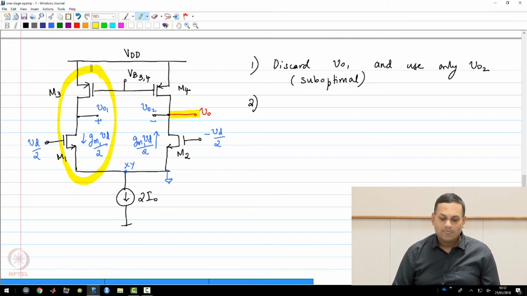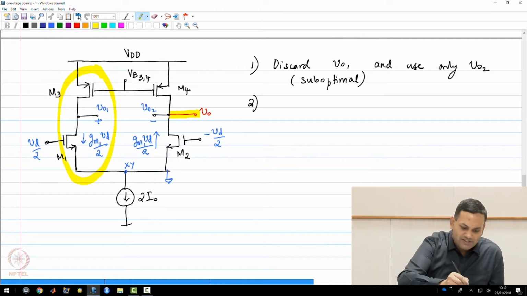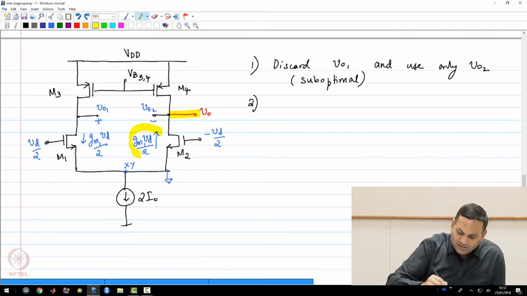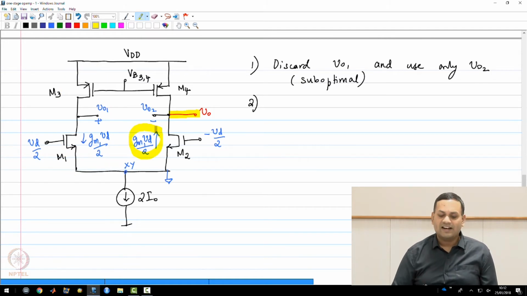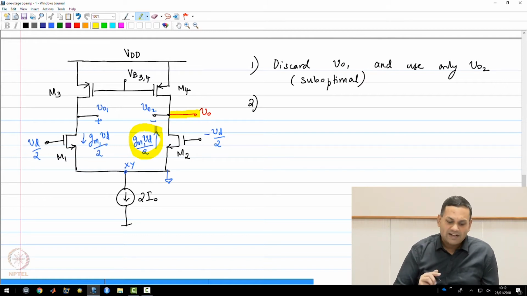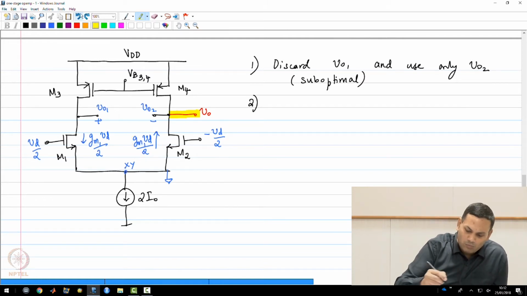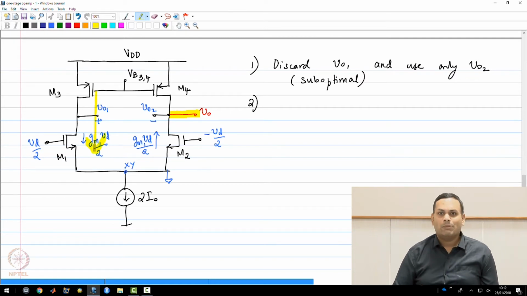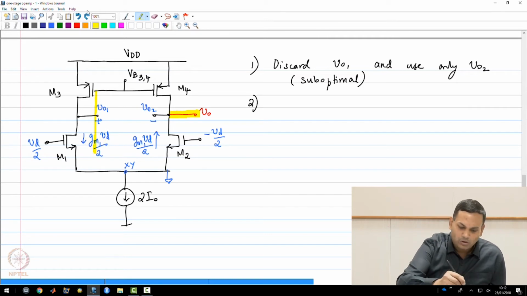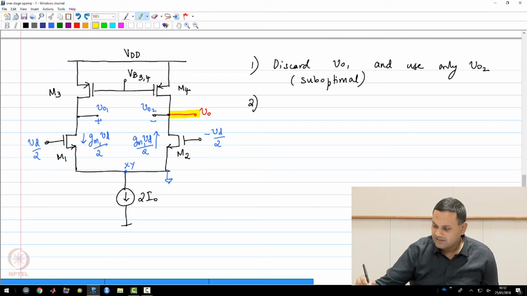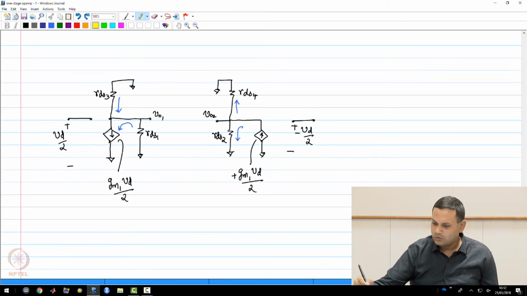So as you can see, the current needs to be pushed because it needs to be additive with this current. This is the current being pushed into VO node from M2. We need to somehow take the current from M1 and also push it into that node. And note that the direction of M1 is such that this current is flowing downwards through M1. Now it turns out, without going into a very long-winded expression, that the easiest way of doing